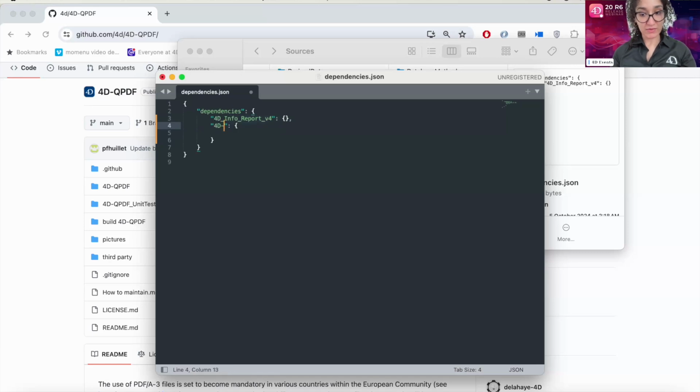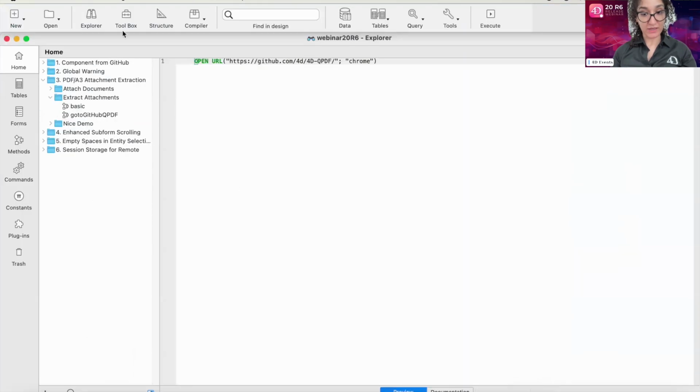So we create a block of the dependency that is going to be referenced to this component named QPDF. Now let's define additional attributes. Where am I getting the component from? I'm getting it from 4D/4DQPDF. Next, I'm going to specify the version number, or you can use the star as we saw in the previous demo to get the latest version of the component. So that's it. Save the file, close the dependency,